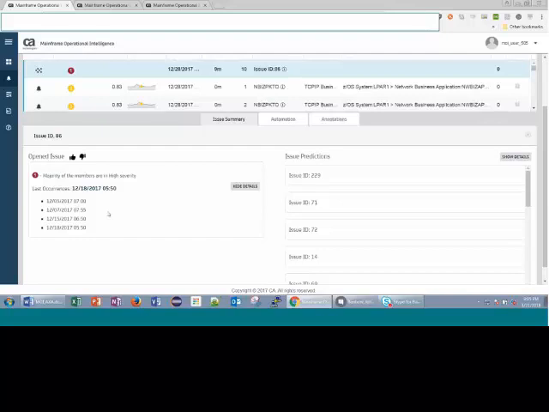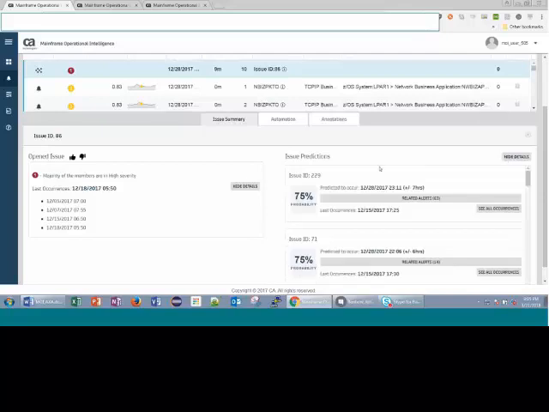Not only the issue, but it can also predict when this situation is happening, what else is going to happen in the future. I can see on the right-hand side, we have issue predictions. So issue ID 86 is occurring at this particular time, and leads to issue IDs 229, 71, 72. Let's find out more details about them. It gives you the probability and also gives you when it is going to occur. So it says 20th December it is going to occur at this particular time, and also gives you a plus minus